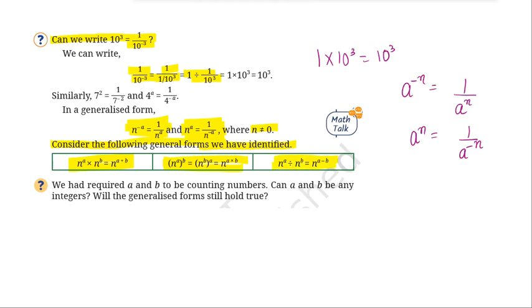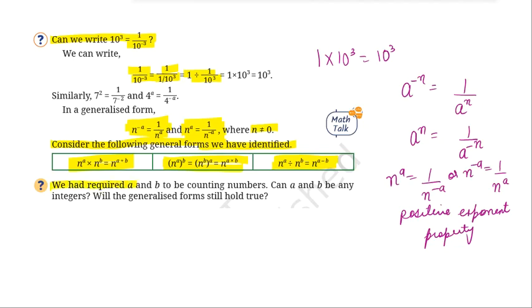And I can further write, we have studied one more property right now. n to the power of a is equal to 1 over n to the power of minus a, or n to the power of minus a is equal to 1 over n to the power of a. In general, इसको हम कहते हैं positive exponent property, right? इसको positive exponent property भी हम कहते हैं.